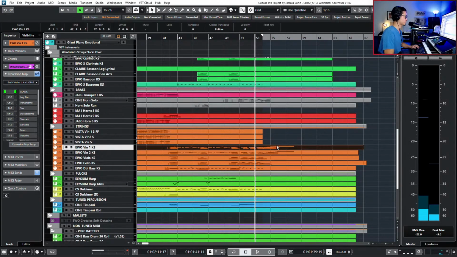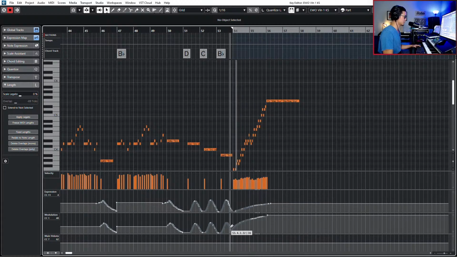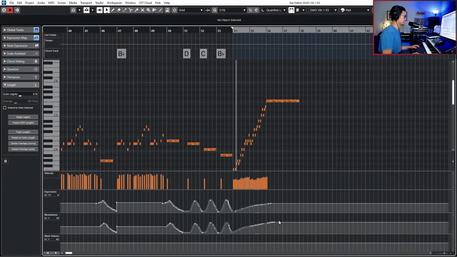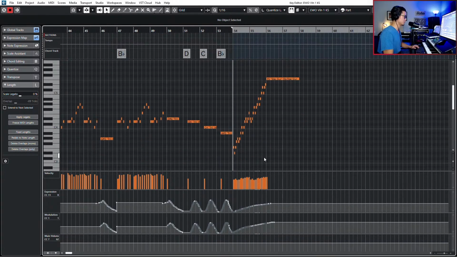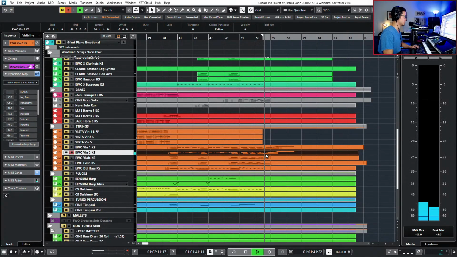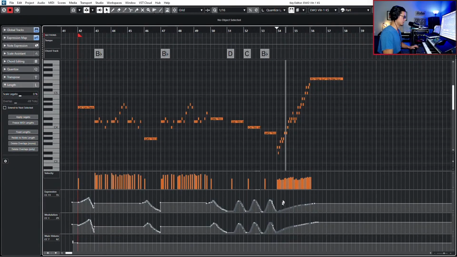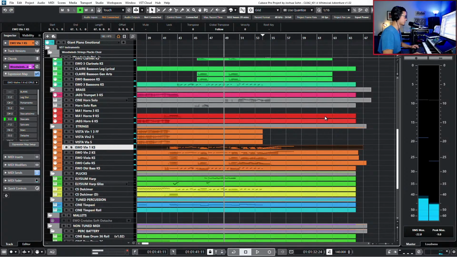Something like that. Let's see. Let's try it again. It's kind of loud. For some reason, it was quieter before. I mean, it wasn't doubled yet, but the other one, I'm not even sure how loud that one is. Okay. Still kind of loud. Okay. And then